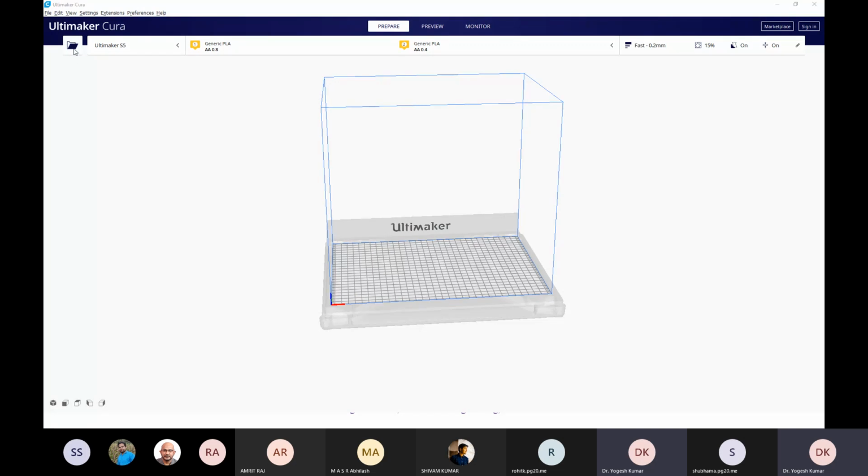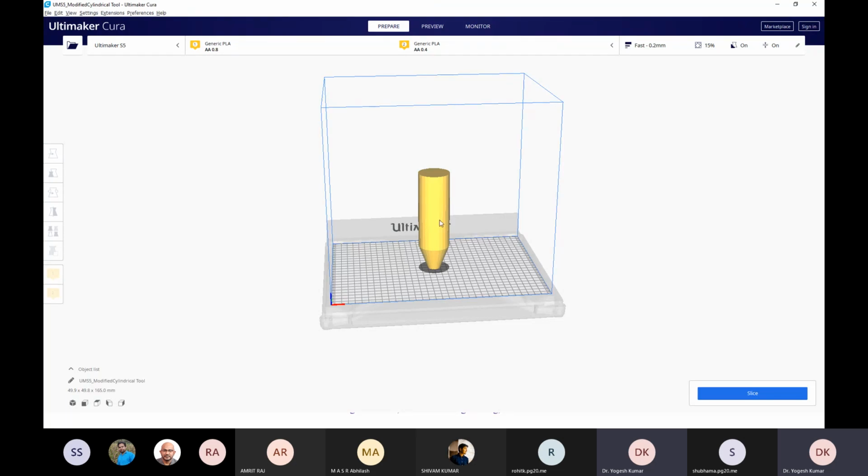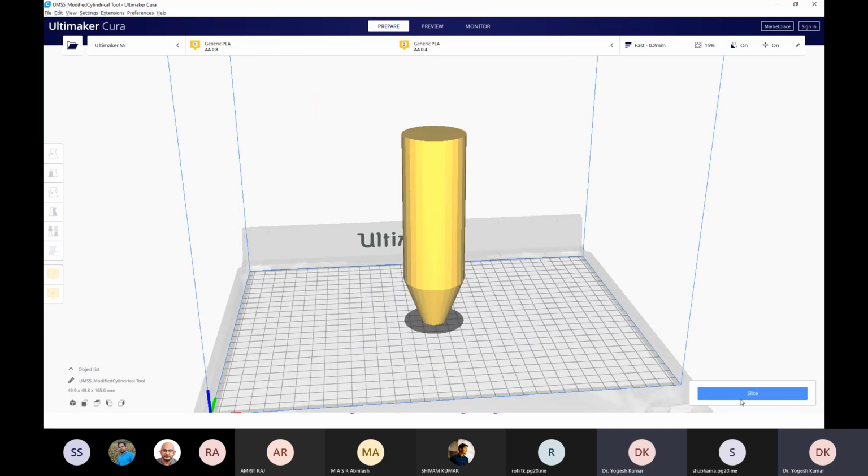Let me open this file. Suppose the modified cylindrical tool. I am opening this particular STL file, and as soon as you have opened your STL file, you have one option that is called slice. Here also slicing is taking place, and slicing is done in your Ultimaker software.